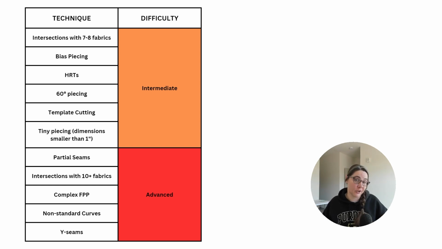Any kind of non-standard curves. There's been a lot of patterns recently, which I love, where you make your initial quarter circle curve block and then you cut it in a bunch of different directions and then piece them back together. There's tricky alignment that goes there. So anytime you're not dealing with a regular circle piece, you've got an oblong curve or something like that, these are definitely more advanced techniques,